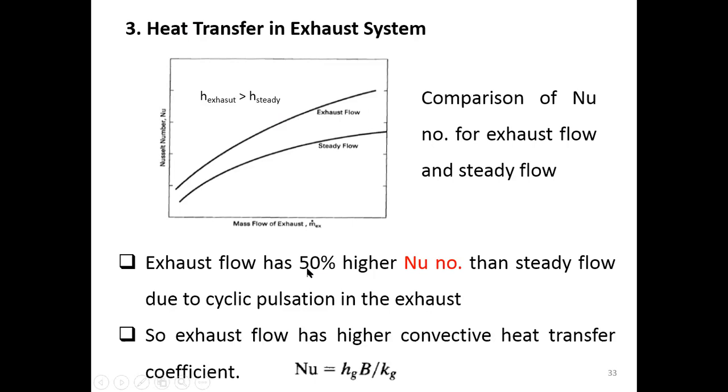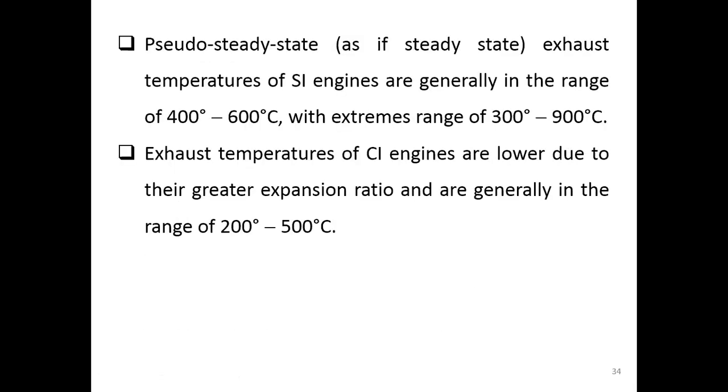This is because of what? The cyclic pulsation in the exhaust. That's what I said: in, open, out, close, then out, open, in, close, something like this. So the exhaust flow will have a higher convective heat transfer coefficient, because of the higher Nusselt number. Now, if you look at the exhaust temperature of the SI engine in actual operations,